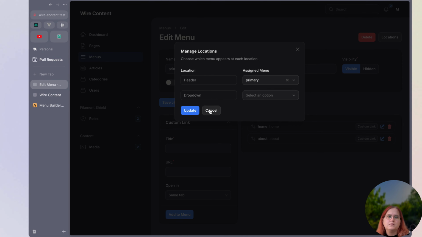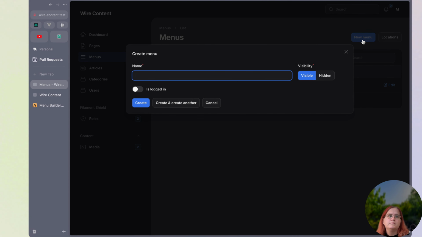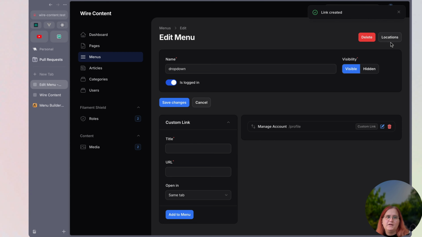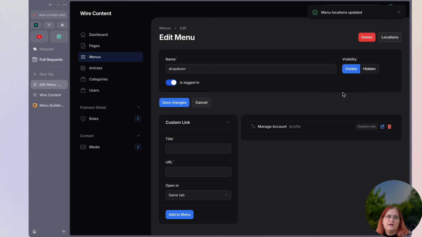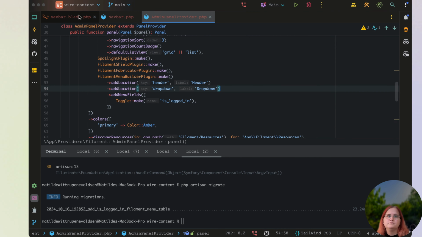For dropdown, we need to create a new one here. So let's go ahead and add a new menu. And in here, let's call this dropdown. This is required when you're logged in. And in this case, inside dropdown, we could, for example, go ahead and say we have manage account, which with Breeze and Jetstream normally goes to /profile. We could add that as a menu. Make sure that we assign this to dropdown here, and now we're able to essentially retrieve that data as well and iterate through it inside our PhpStorm